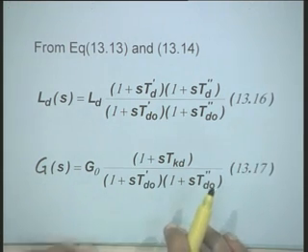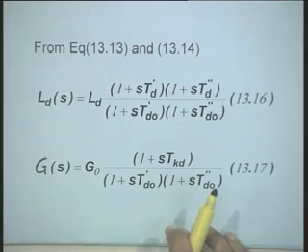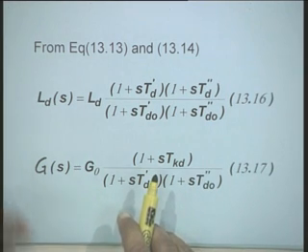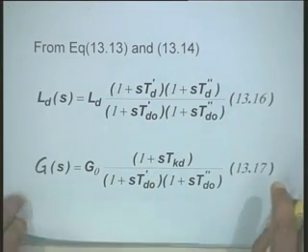Now, our interest is that we know the expressions for the time constants T1 to T6 in terms of basic circuit parameters. These are all known. We want to relate these standard parameters, that is the time constants T D O prime, T D O double prime, T D prime, T D double prime, to our basic or fundamental parameters.